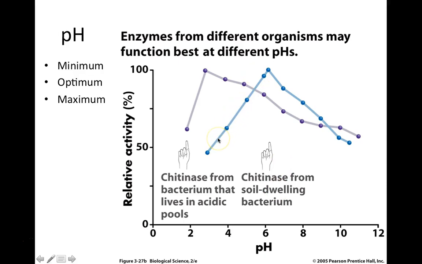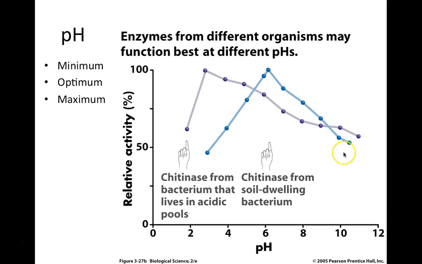Notice for both chitinases, similar to what we saw for temperature, we have a minimum, which is on the left-hand side. We have an optimum, which is the ideal pH for the best function of that enzyme. And then we have a pH maximum, where we get too extreme in terms of pH for these enzymes to